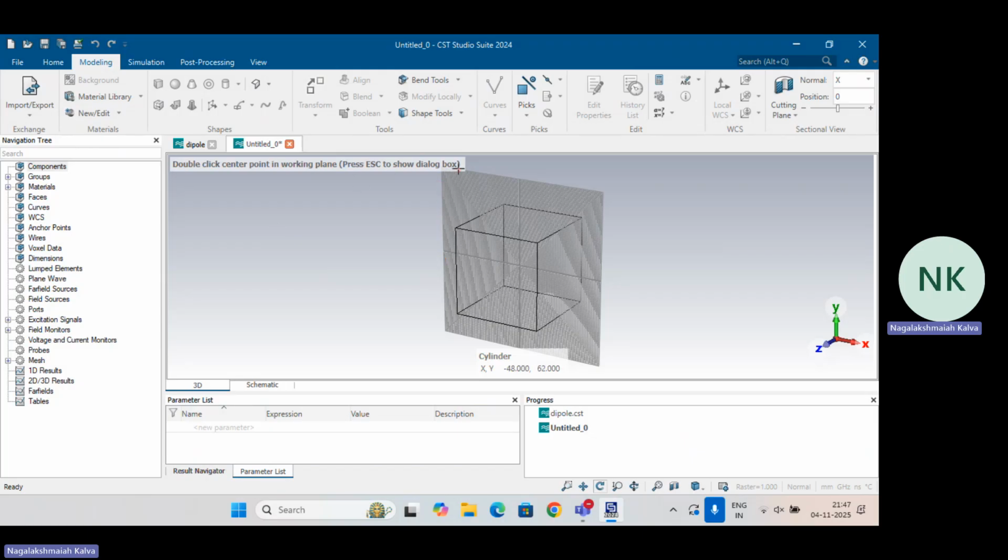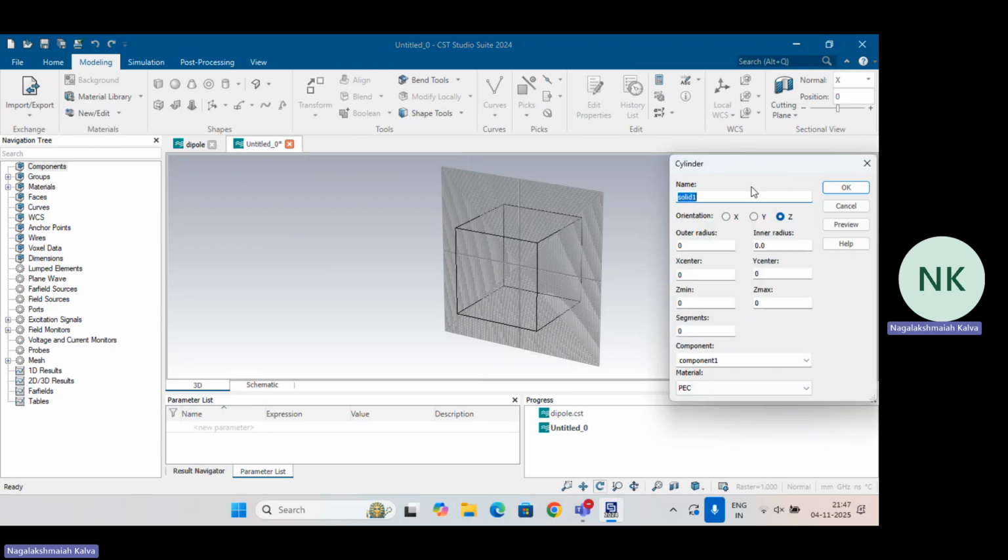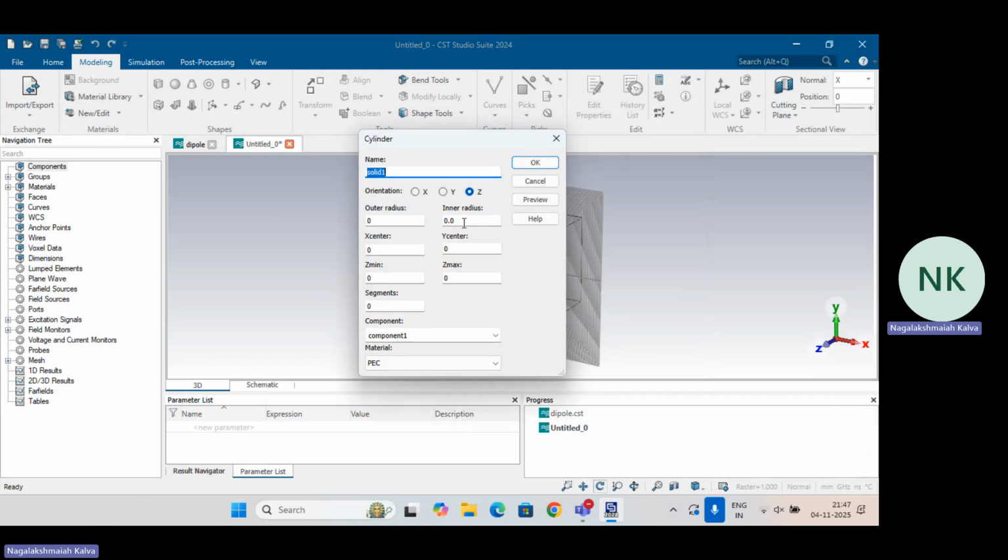Here, press escape to show the dialog box. So escape, and this window will pop up. Here we have to give a name. If we are not giving any name, then it will give Solid 1, Solid 2 automatically. This doesn't have any impact on the design, but for designing purposes, without getting any confusion with the boxes, our cylinders will be defined here as bottom cylinder